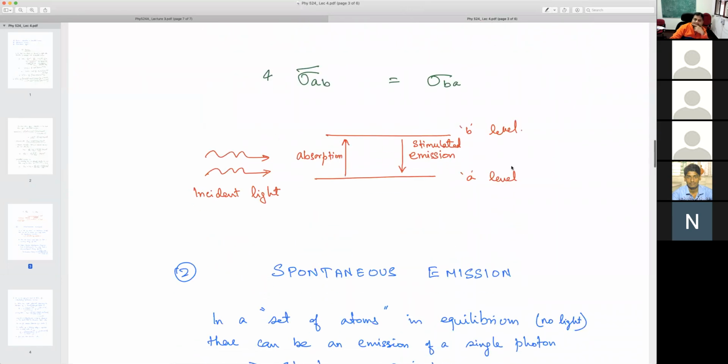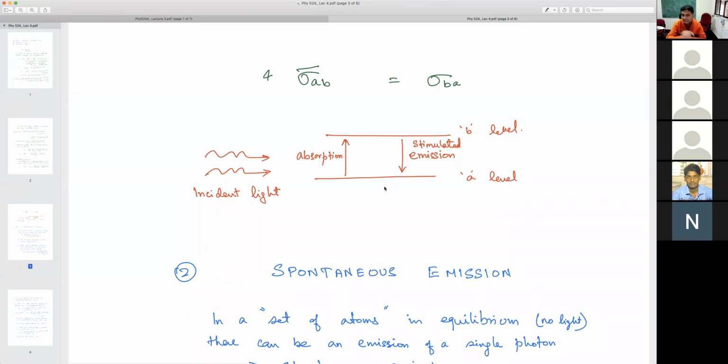So this is the picture to keep in mind of what we have done till now. I had a hydrogen-like system which has A, B, C, D, etc. states. A was the lower energy state, B was the higher energy state. I shone light on it, and I had a jump from the A level to the B level. So this is called absorption. And then I had a downward jump from the B level to the A level. So this is called stimulated emission.